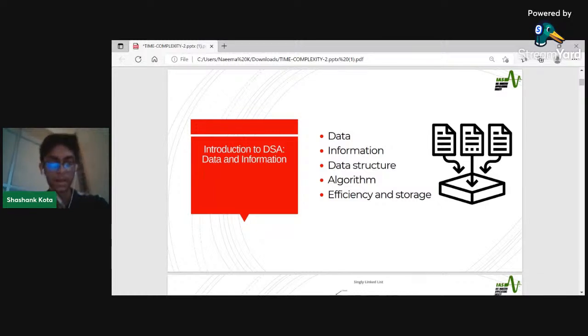A data structure is a group of elements that provides the easiest way for the computer to perform actions. Computer cannot produce information without the help of a sequence of steps, that is basically an algorithm. So algorithm is basically the sequence of steps which is used to solve a problem. The processed information is later stored in the computer's memory. The main aim of DSA is to reduce the time complexity and the memory for better efficiency and storage.